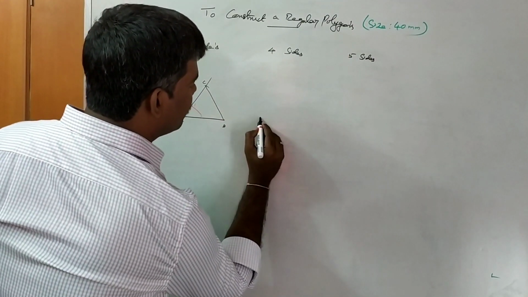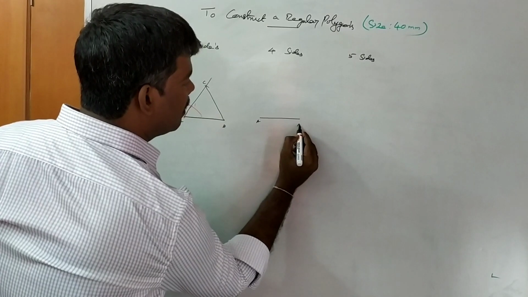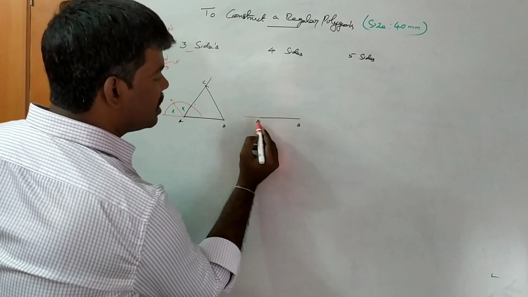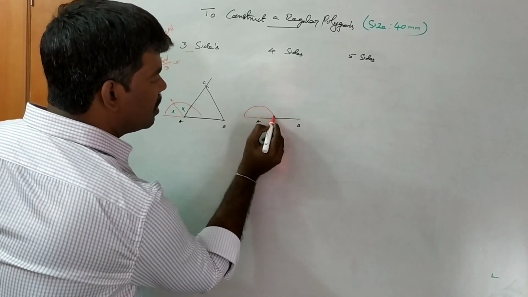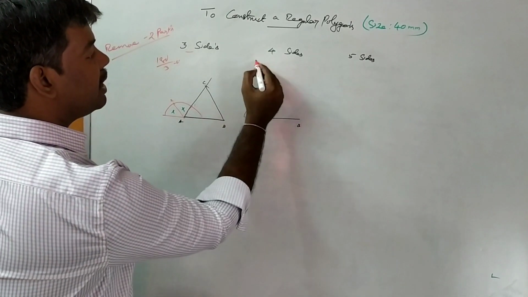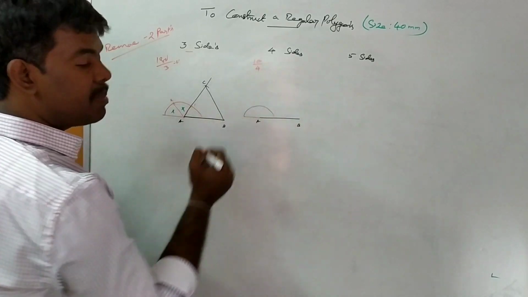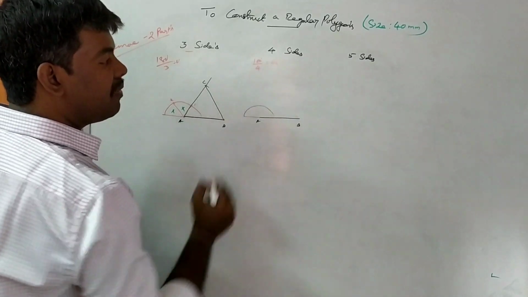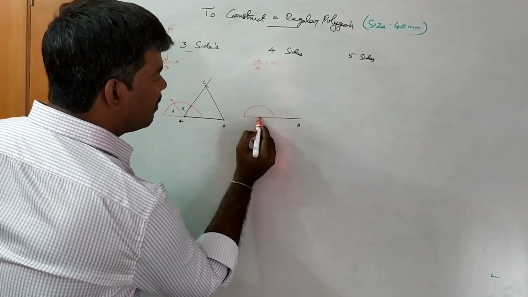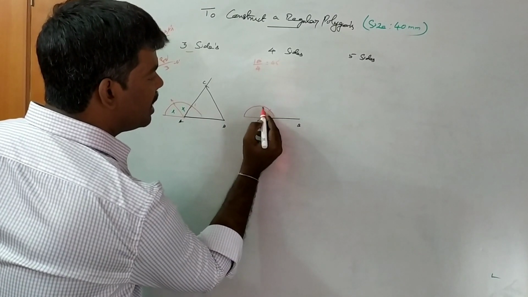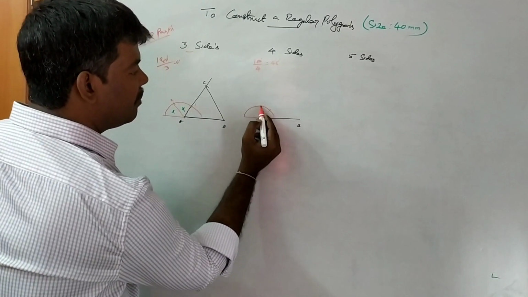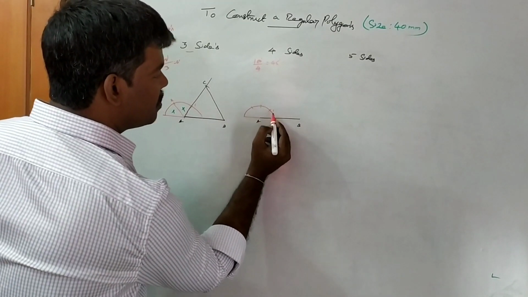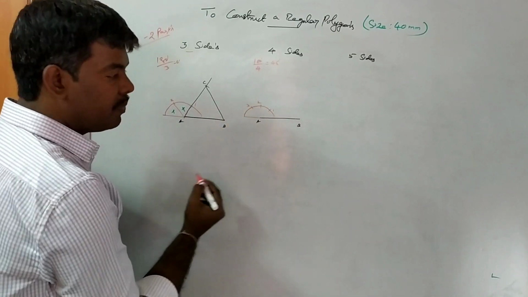Similarly, here also, how many sides? 4 sides. AB is 40 size. Next thing, from A you extend it to the opposite side. You take some x radius and draw one semicircle. The semicircle is divided into 4 equal parts, 180 divided by 4. How much? 45 degrees each. So 1 part 45, 2 parts 90, 3 parts 135 and 4 parts 180. Clear? So this is part 1, 2, 3 and 4.